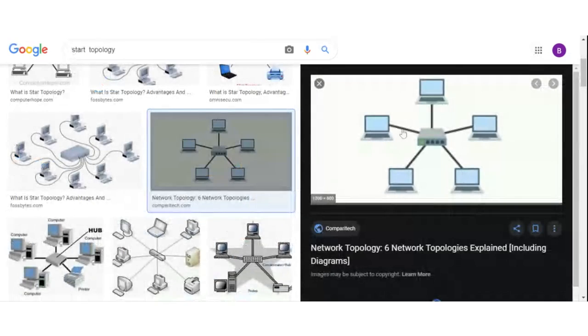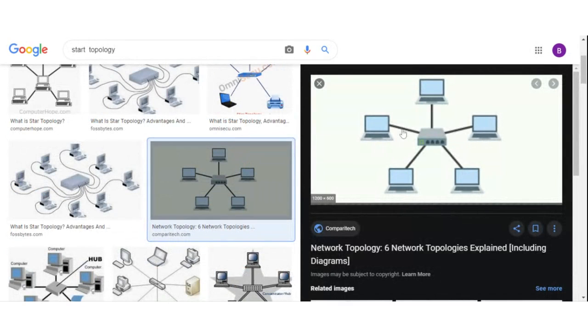You're having a central device. It can be a switch or a hub. In case this central device fails, the whole network fails. What if in an exam you are asked, what if this computer is not working? What will be the effect on that network? Even if this is not working, it would affect